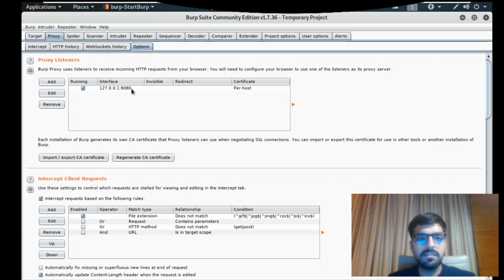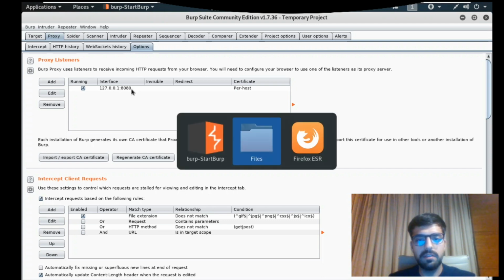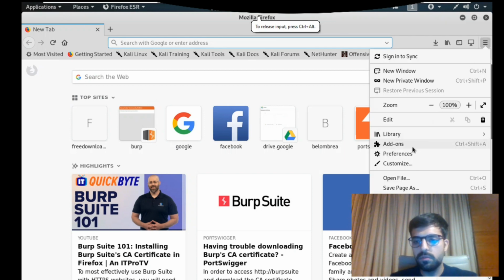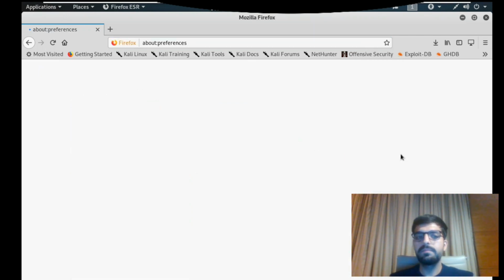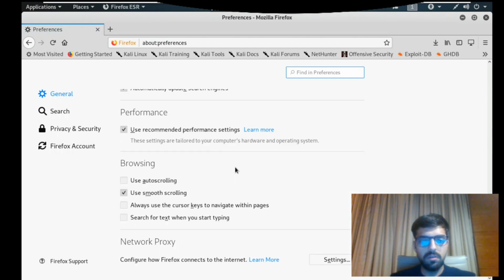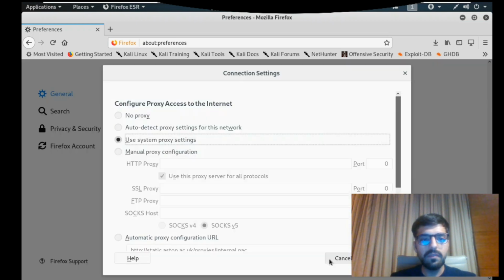Now let's go to the web browser. I am using the Mozilla Firefox web browser. Here you can go to the preferences tab. Then in preferences, go to network proxy. Here you can see multiple options: no proxy, auto-detect proxy, use system proxy settings, or manual proxy configuration.